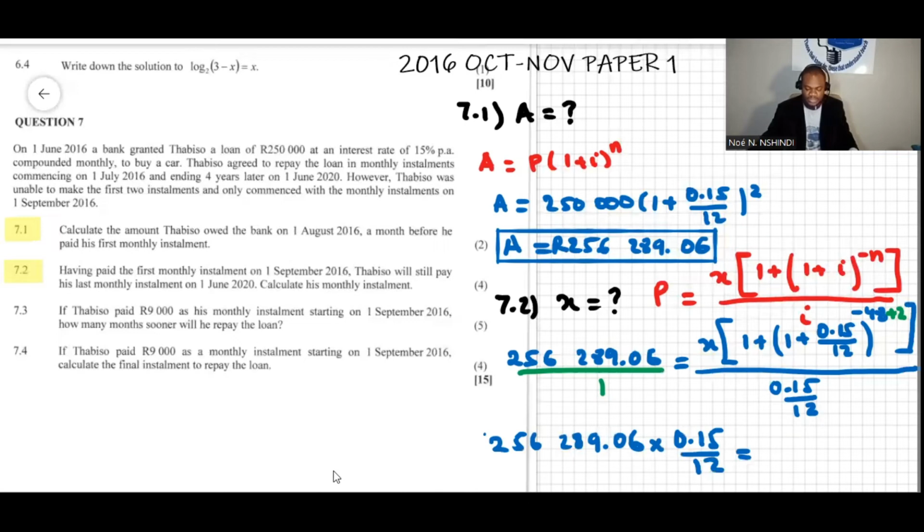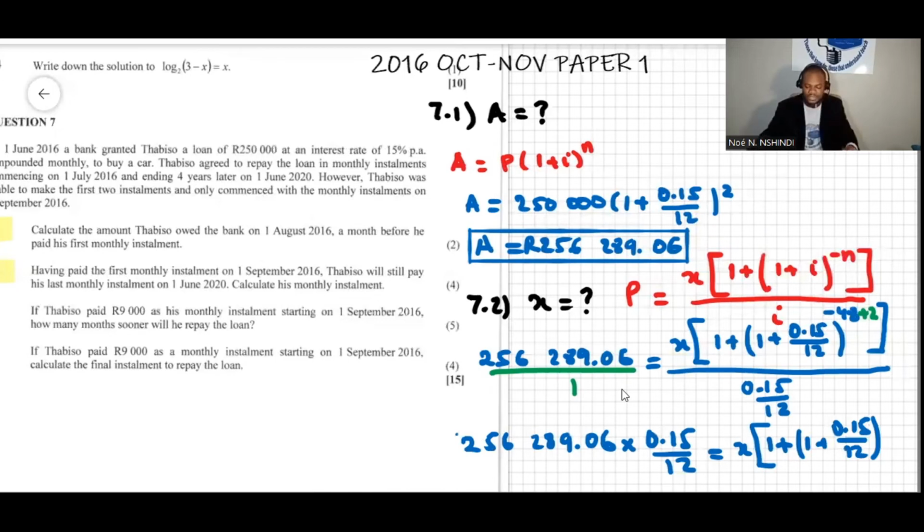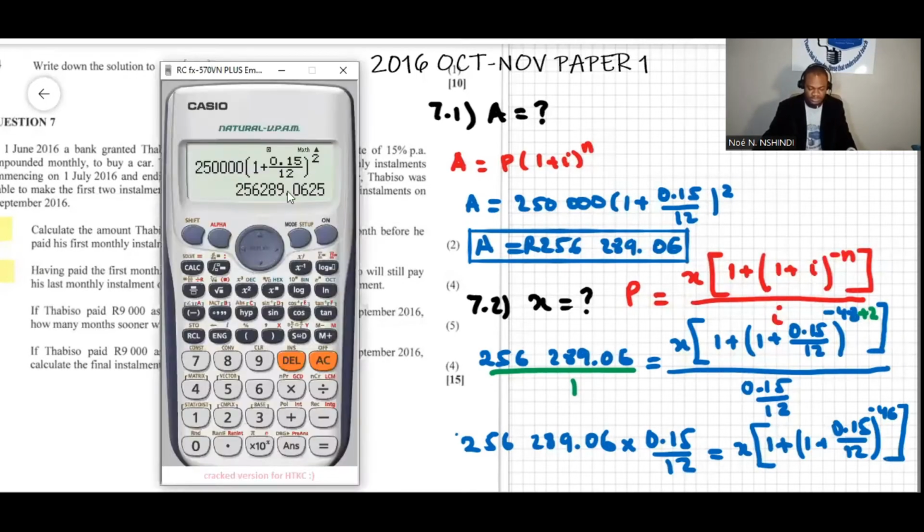This is equal to x, open square brackets, 1 minus, 1 plus 0.15 over 12, to the power of n, which is negative 46. So we can work it out in the calculator. So this amount times 0.15 over 12 will make